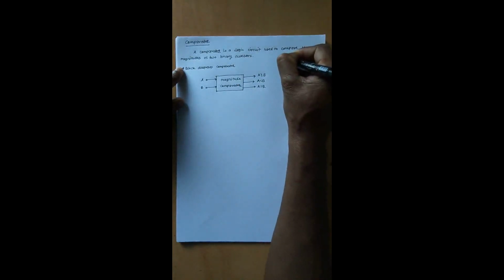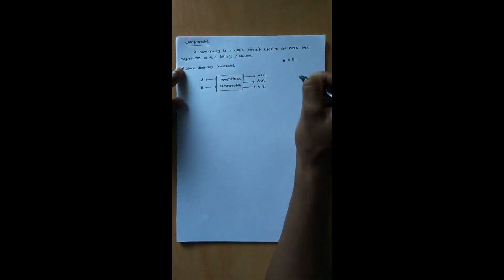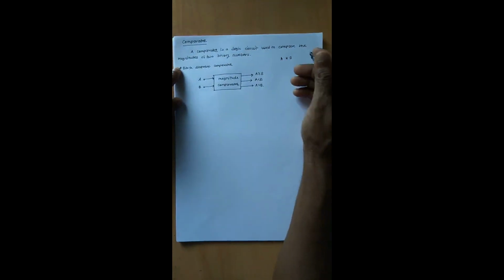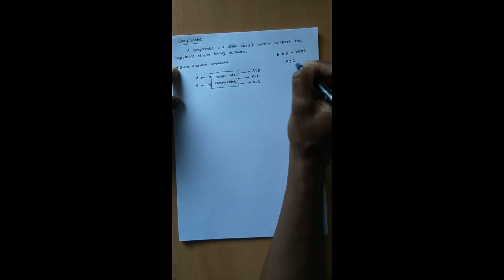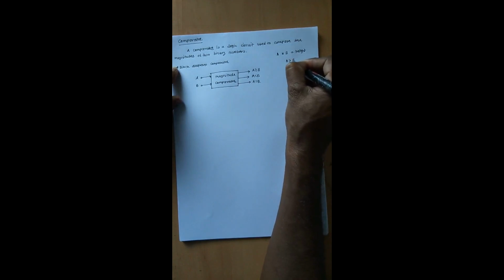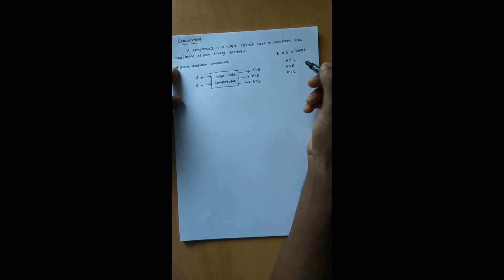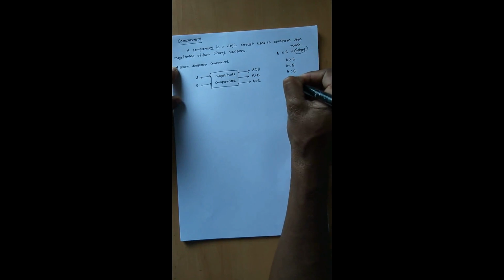Suppose there are two persons A and B, and if they want to compare with each other with respect to their height, then there are three possibilities. A is taller than B, or A is smaller than B, or A is equal to B. In another way, we can compare A and B with the help of money. Then we can find these solutions: A is richer than B, or B is richer than A, or A and B are equally rich.